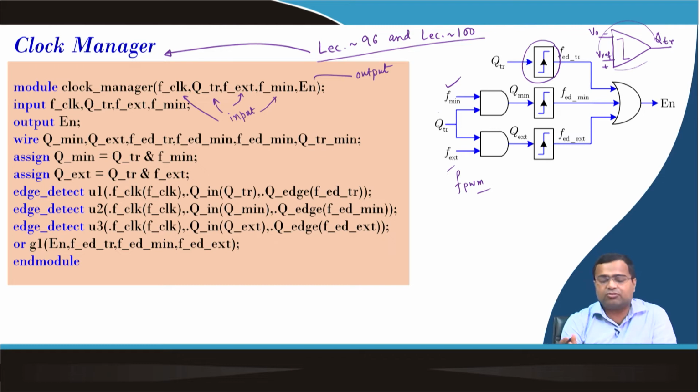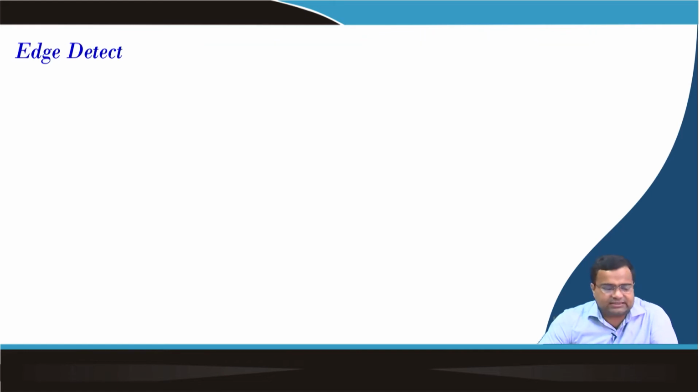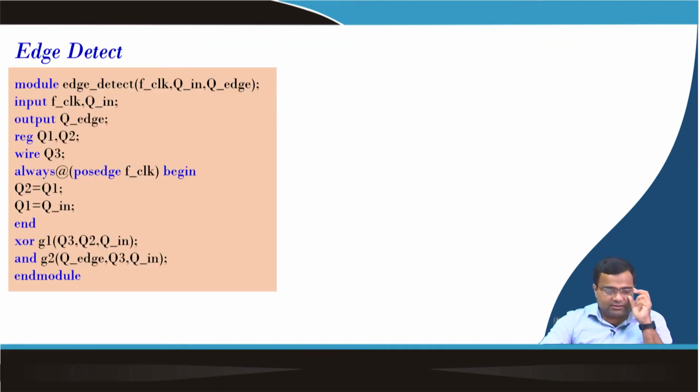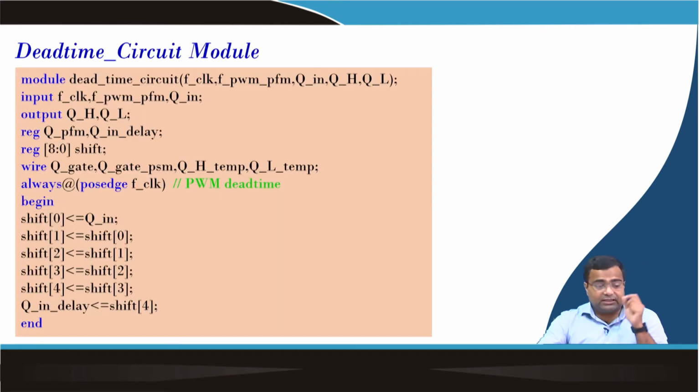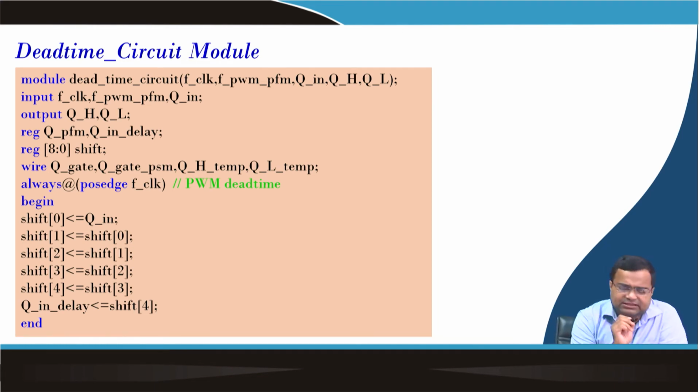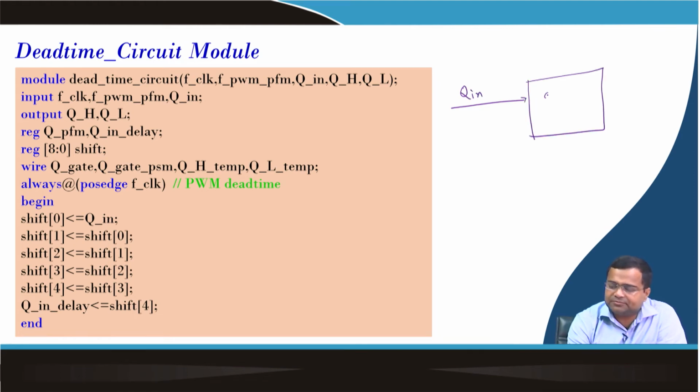Sometimes this constant on time you have to synchronize with the external clock also, we have discussed. So, this edge trigger we have discussed in lecture 96, edge detection circuit. And the dead time circuit, here we have an option. So, for the PWM clock, the dead time circuit is simply: you have a Q in, then this dead time circuit,